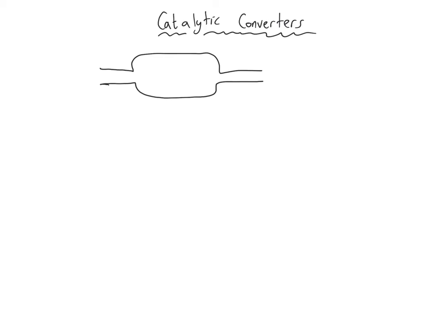All new cars that work with petrol engines are now equipped with catalytic converters in their exhaust systems, and that has to be the case by law. And catalytic converters are quite complicated, so I've just drawn it represented as a rectangle in here. And so what happens in the catalytic converter is the gases such as carbon monoxide, nitrogen oxides, and any unburnt hydrocarbons, they enter the catalytic converter having left the engine, and the catalytic converter is a honeycomb, as I've mentioned before, and the honeycomb allows for a very large surface area,